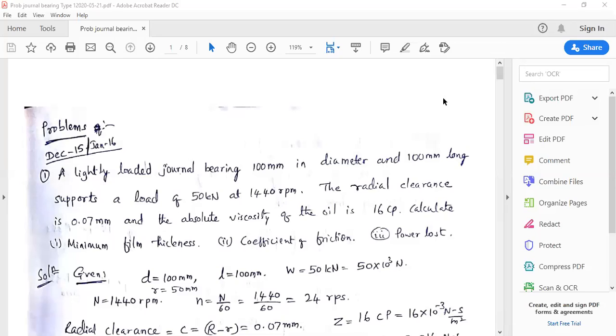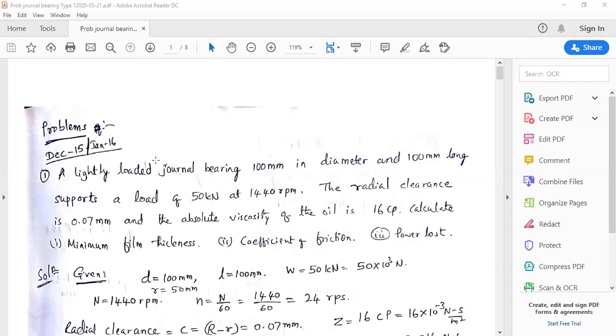Hello, dear students. Welcome back to the session on Module 5, Lubrication and Bearing Design. In the previous sessions, we have come across lubrication, the different lubricants and properties of lubricant. After that, we came across bearings and classification of bearings, and then the design of journal bearing. So the procedure we have discussed in the previous session is the general design procedure.